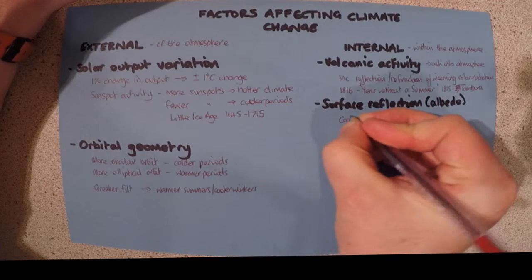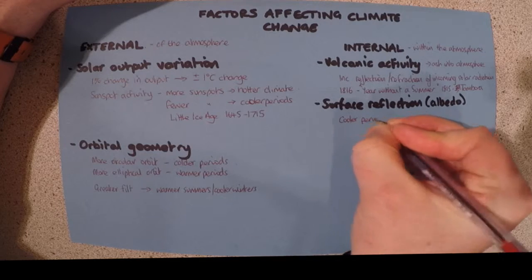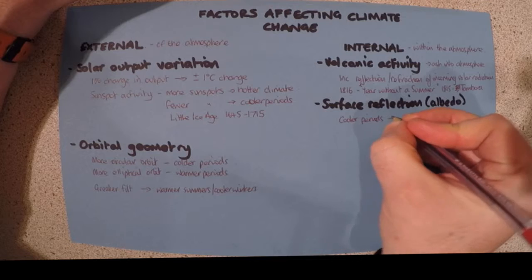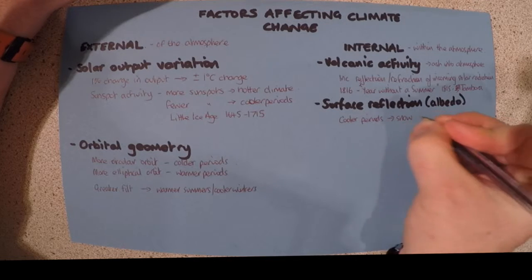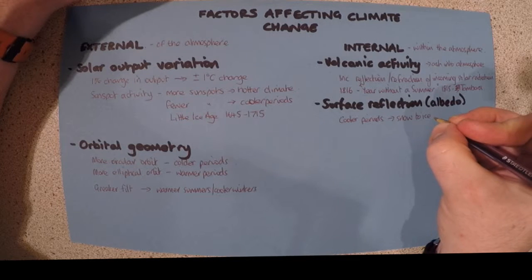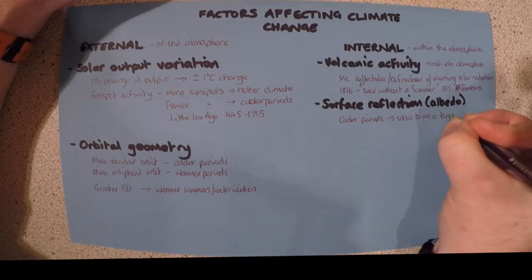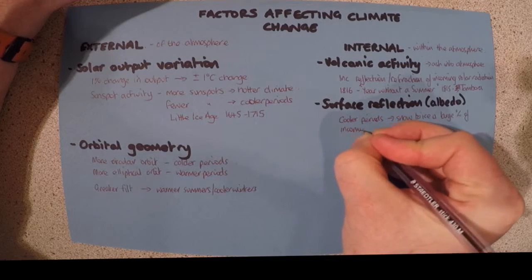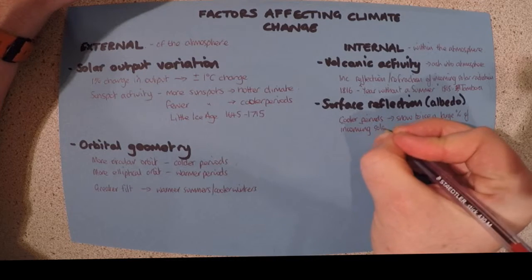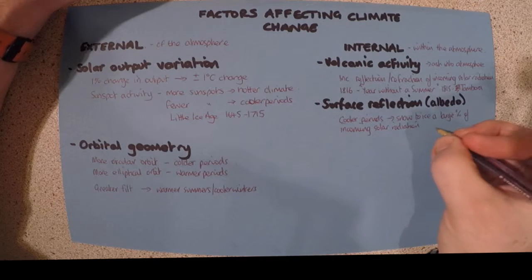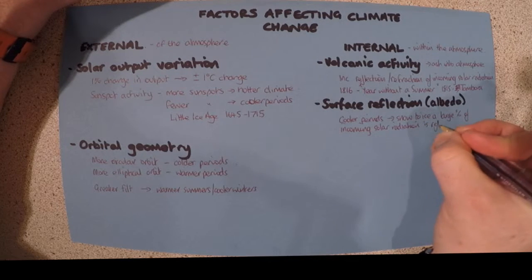During these cooler periods, leading then to snow and ice, a large percentage of incoming solar radiation is reflected